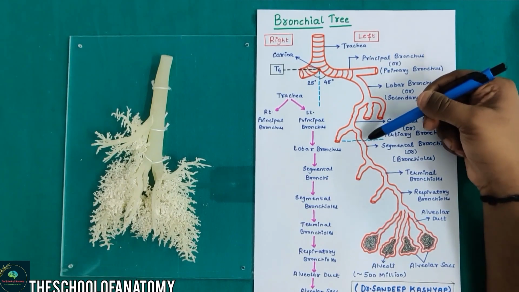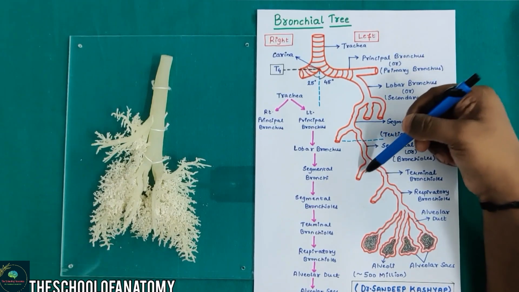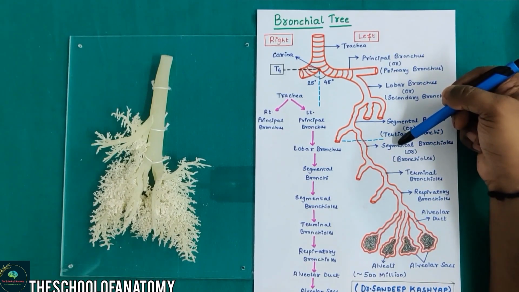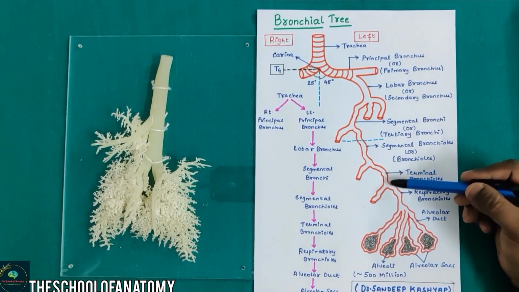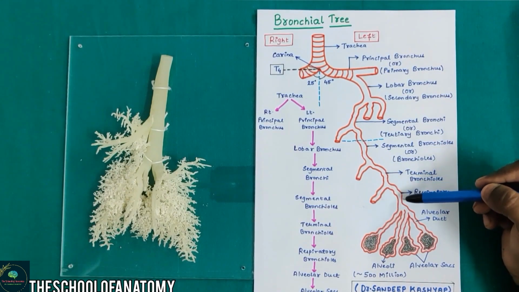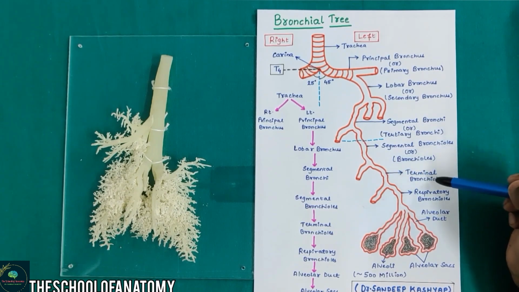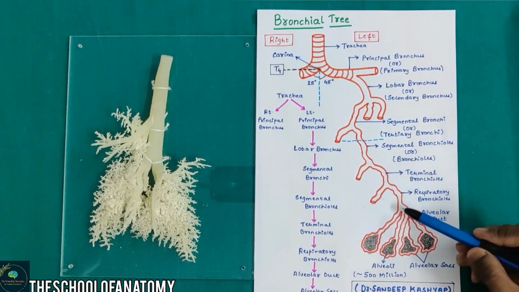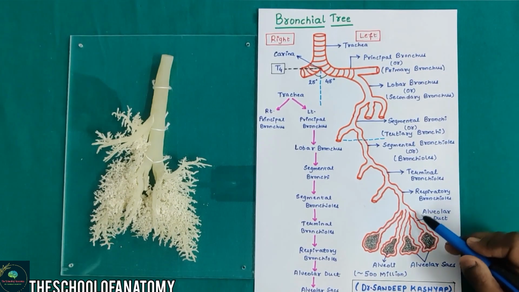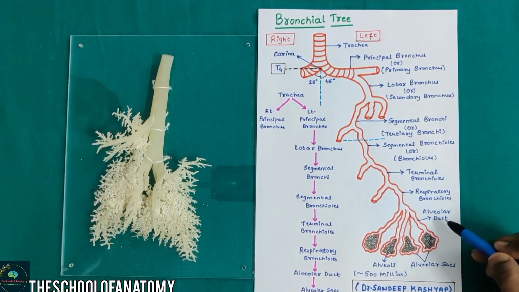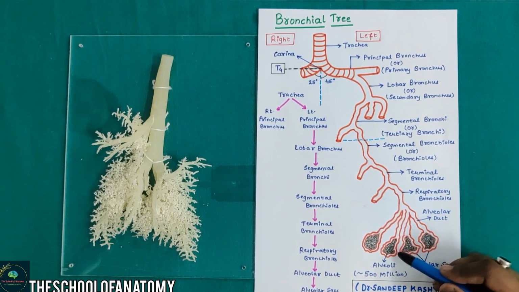These tertiary bronchi get even further divided and become smaller, and these are called the segmental bronchioles. These segmental bronchioles get further divided and become even smaller to make the terminal bronchioles and the respiratory bronchioles. These respiratory bronchioles then make the alveolar duct. These alveolar ducts are connected to alveolar sacs, which accommodate almost 500 million tiny alveoli, which help in the process of gaseous exchange.